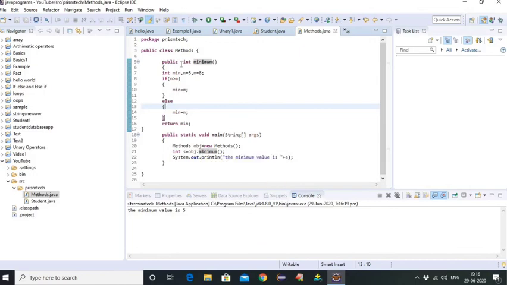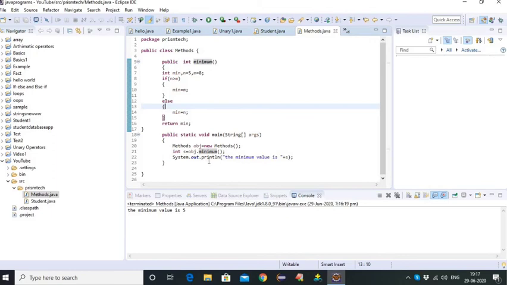Because the method is non-static, it belongs to the object, so we have to create an instance of the class to access it. So I have created one object, and by using the reference variable I am calling the method. Again the same process: the method is called, initialization and condition are checked, and the value is returned. If the return statement is not there, after the closing braces the flow of the program comes back here and executes the further statements. The flow is like this.